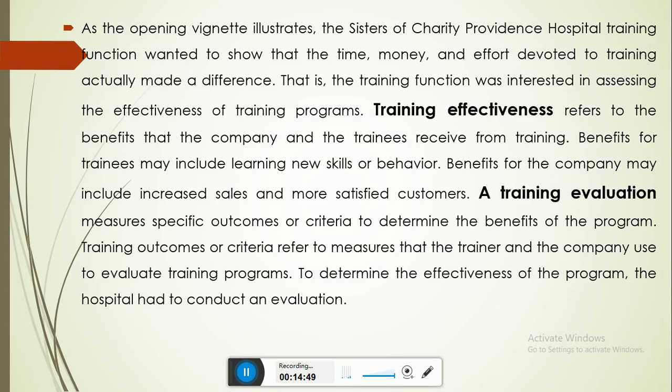So that's training effectiveness, which means the benefit that the company and trainer receive from the training programs. A training evaluation measures specific outcomes or criteria to determine the benefits of programs. Training outcome or criteria refers to measures that the trainer and the company use to evaluate training programs. To determine the effectiveness of the program, the hospital had to conduct an evaluation. So the hospital example which we have seen on the first slide, it's very important